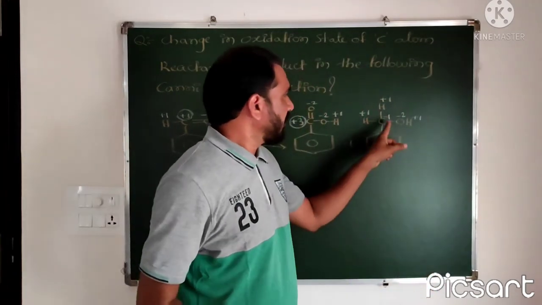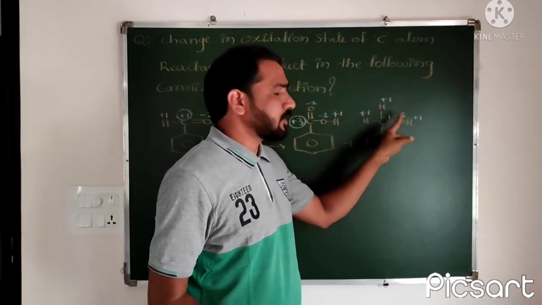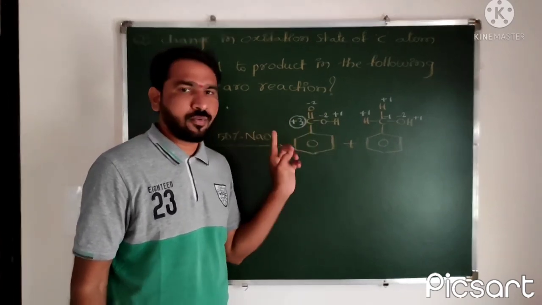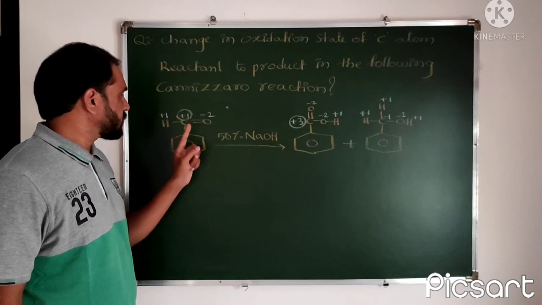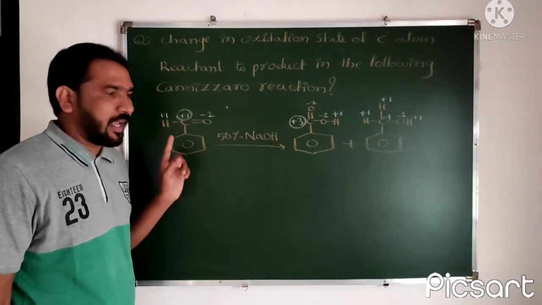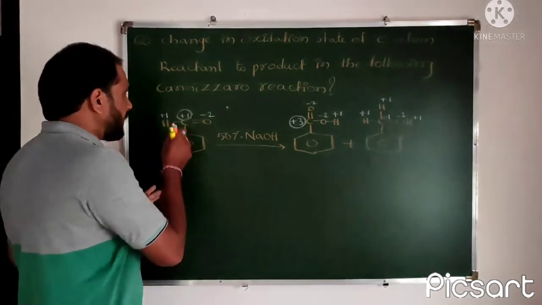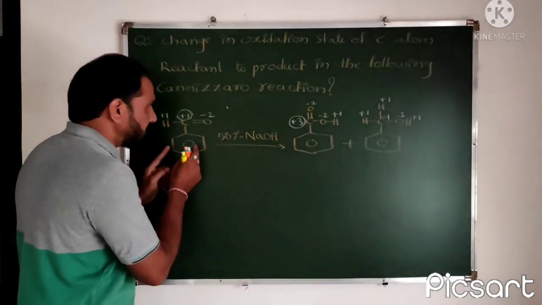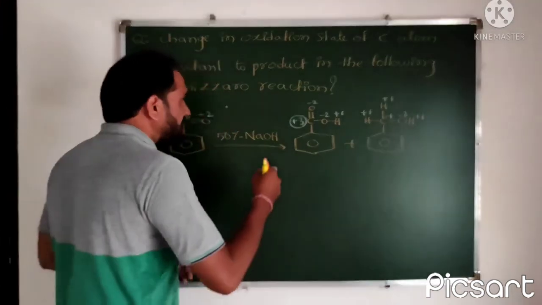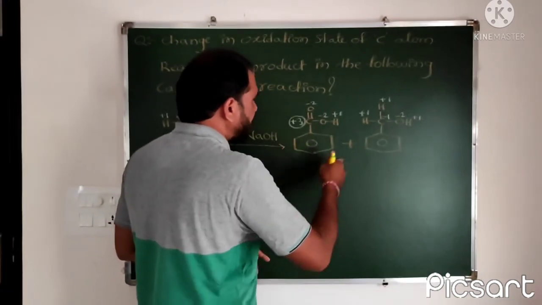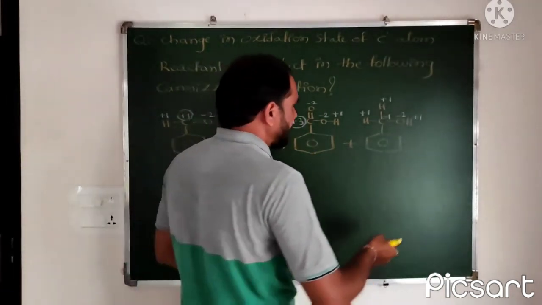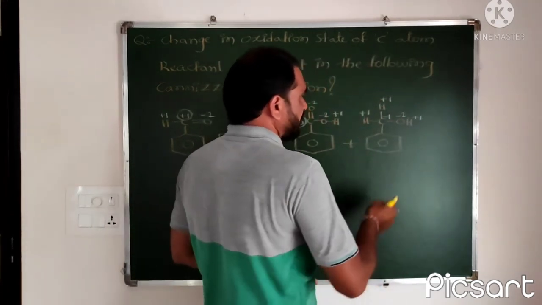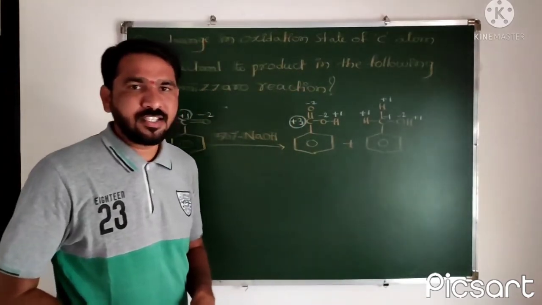It means negative charges 3, positive charges also 3. Here negative charges 4, positive charges also 4. Here also the same, negative charges -2, positive charges also 2. Like that, on the reactant side, in benzaldehyde the carbon oxidation state is considered in the functional group only, not the benzene ring. Right? Then coming to the right side product, in benzoic acid the carbon oxidation state is +3. In this benzyl alcohol, the carbon attached to the hydroxy group, that oxidation state is -1.